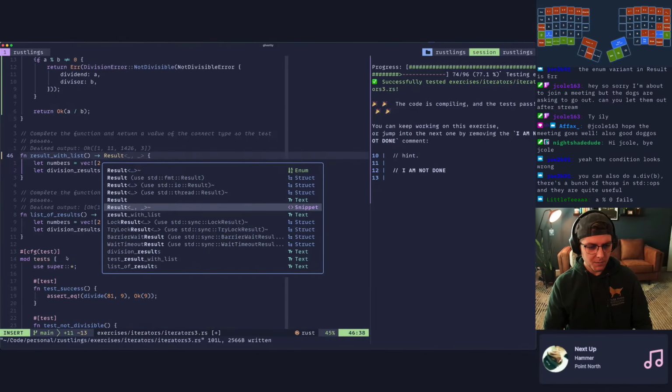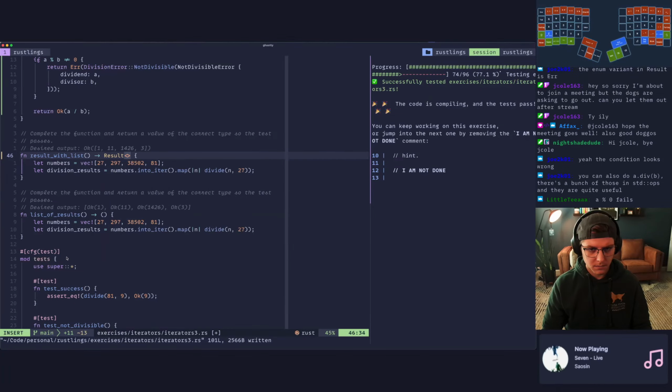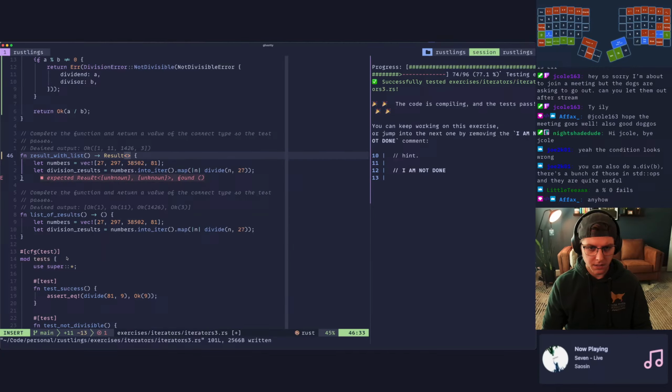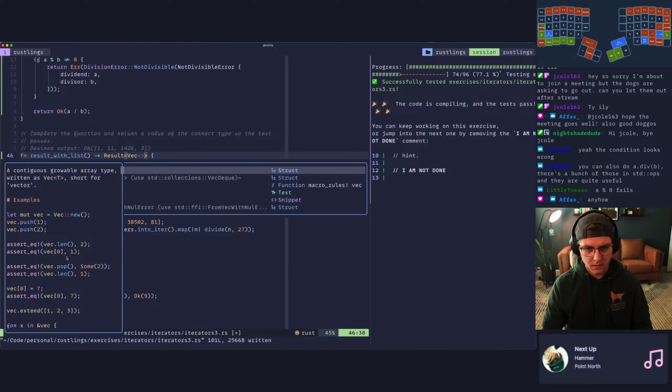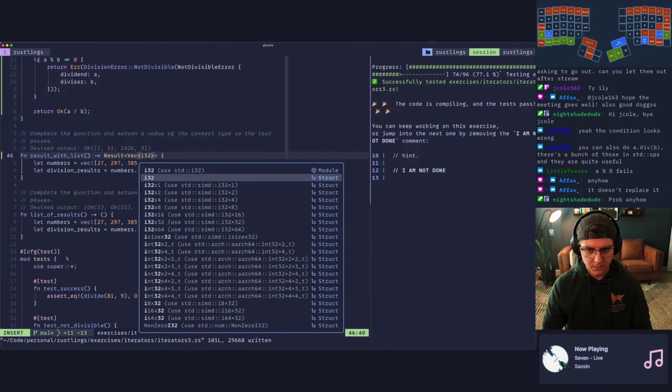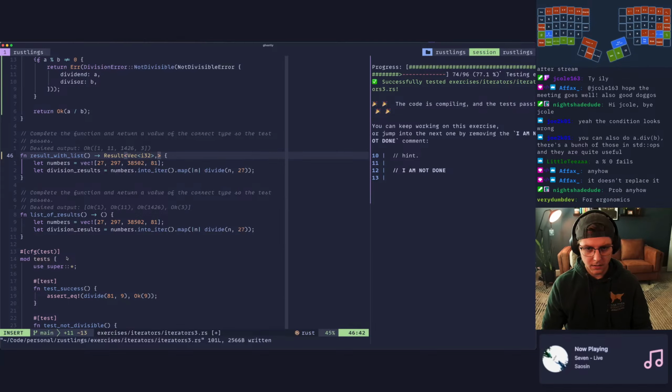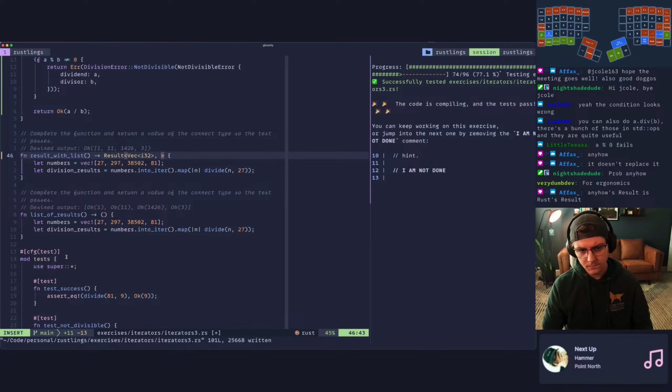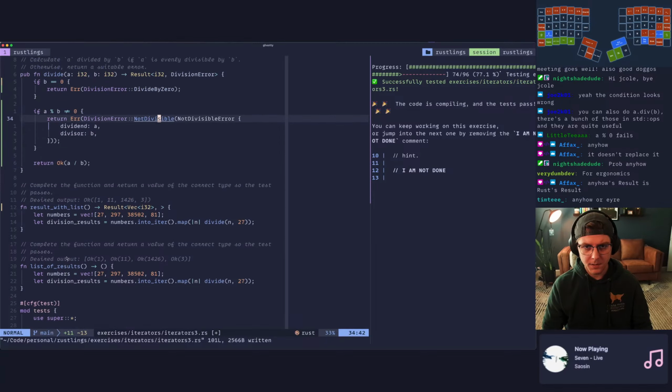Oh, can someone tell me why people don't like the built-in results? I saw that people bring in result libraries. Like, what was the name of the result library that BG used? Why do people replace the built-in results? This is going to return a vec of I32 and then a, what was the error type up here?